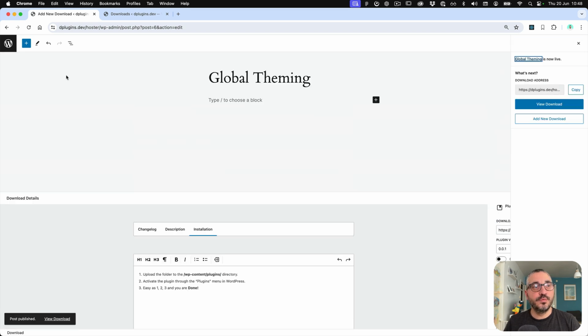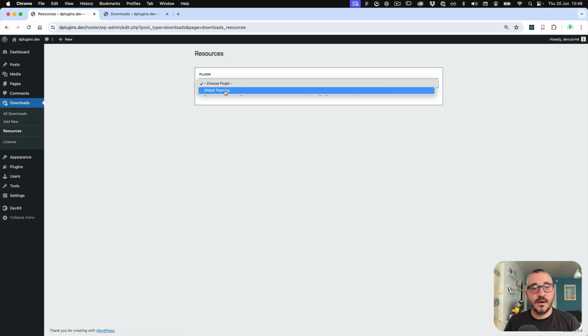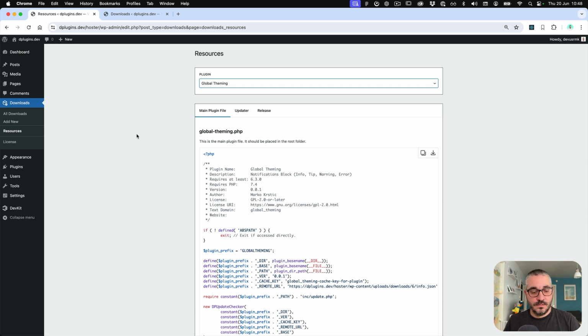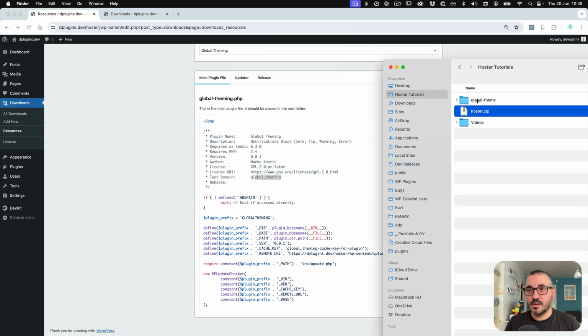We are just going to push, and then after that, let's go to the resources and choose global theme. As you can see, once you choose your download, if you create several, you will have the several from the list. But let's deep dive into this one. So we fetch the plugin name, then the text domain, and also we created the prefix for you based on your plugin name as well. So what you want to do is copy this one, and let's just open our